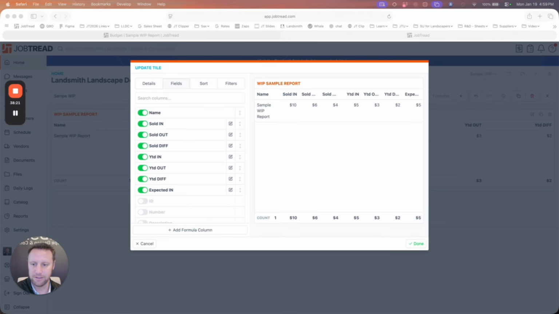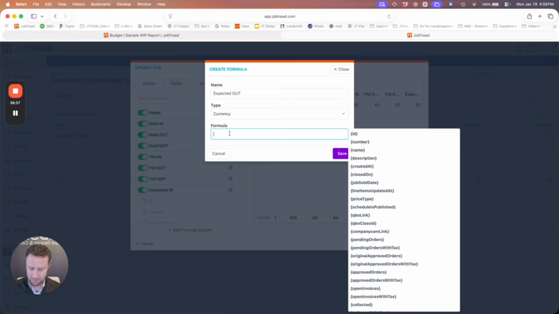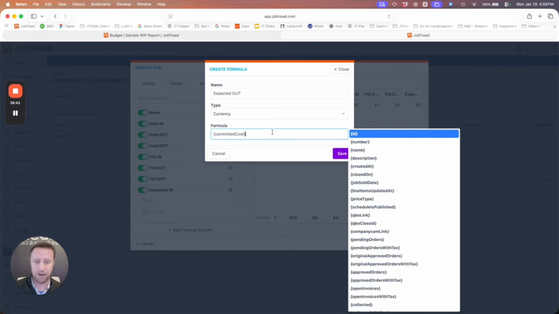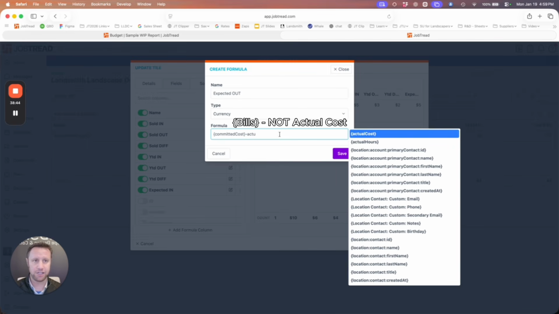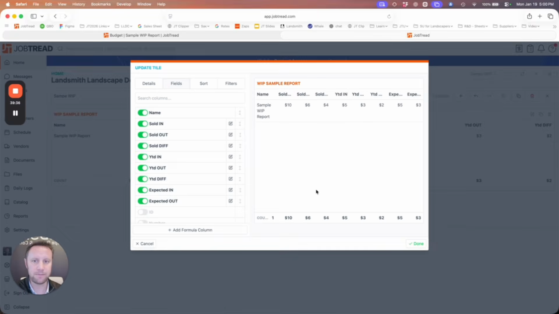Our next field, we need to know how much is left to pay. So we're going to take our committed cost, new formula, expected out, currency. We're going to say committed cost. This is how much money we've promised, minus actual cost. And that should give us the number that we need right there. That's expected out. And then finally,